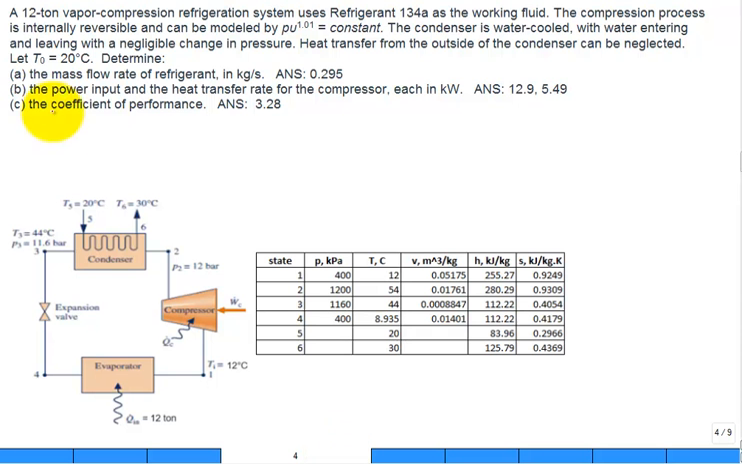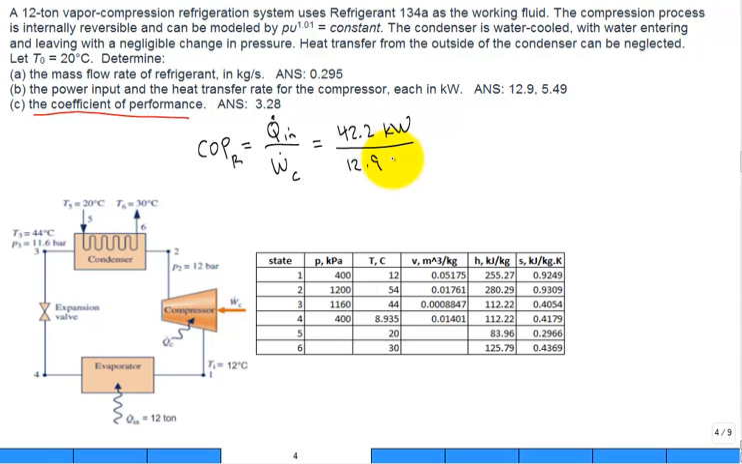Let's go to part C. What is the coefficient of performance? So we have the coefficient of performance for this refrigeration. It's the rate of cooling divided by the rate that the power is supplied. The rate of cooling was calculated to be 12 tons or 42.2 kilowatts divided by the power input, 12.9 kilowatts. The COP refrigeration comes in at